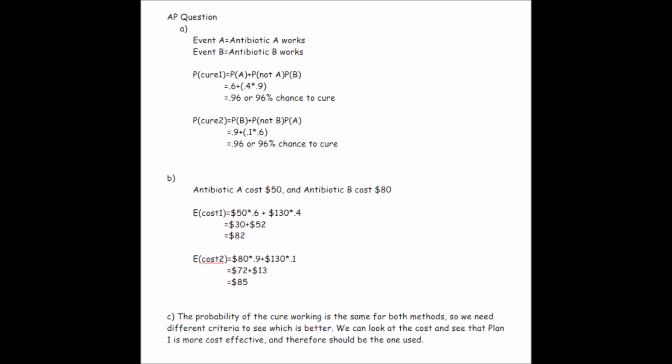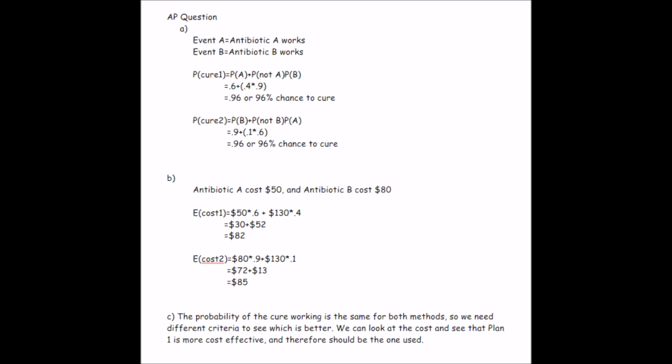Part B says, compute the expected cost per child when Plan 1 is used for treatment. Compute the expected cost per child when Plan 2 is used for treatment. So to do this, first I looked back at the prices, so we know that antibiotic A costs $50 and antibiotic B costs $80. So to find the cost of the first plan, you do $50 times 0.6, because that's the probability